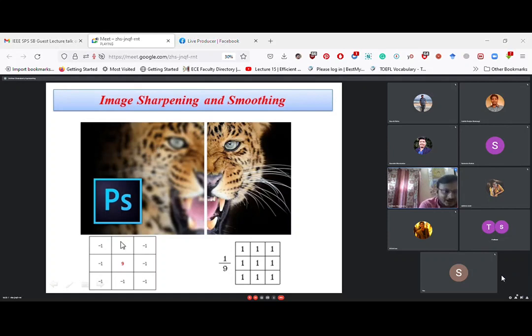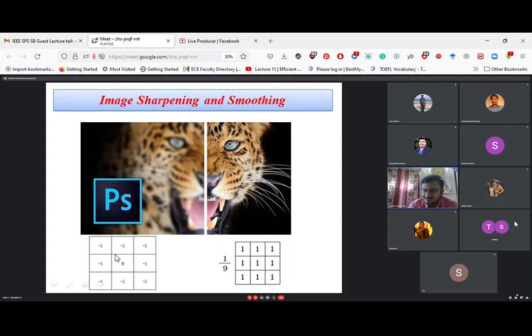Now, if it is a blur image and we have done it in this way, what is the difference? Here, this pixel will be multiplied by -1, and then the central pixel will be multiplied by 9. So the central pixel will be enhanced, and the rest of the pixels will be degraded, and then we will add up all these things, and we will put the result in the middle. So still the intensity difference between the middle pixel and the surrounding pixels will be more, because the surrounding pixels are multiplied by -1 and the middle pixel is multiplied by 9.